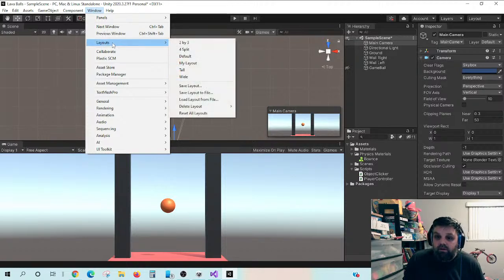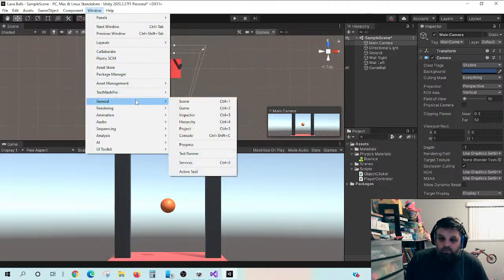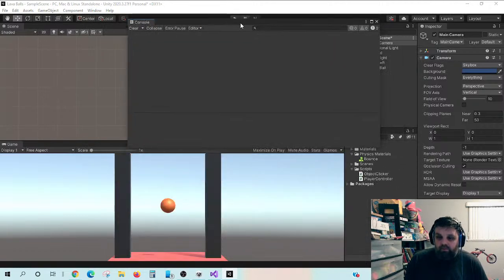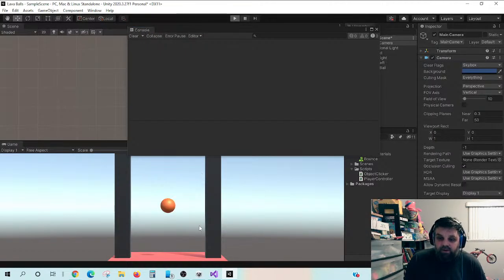Probably somewhere here. Console. Boom. So the reason why we want this is so that we can double check what's under the cursor. So it's constantly printing ground. Now, but what if we want to change this to be